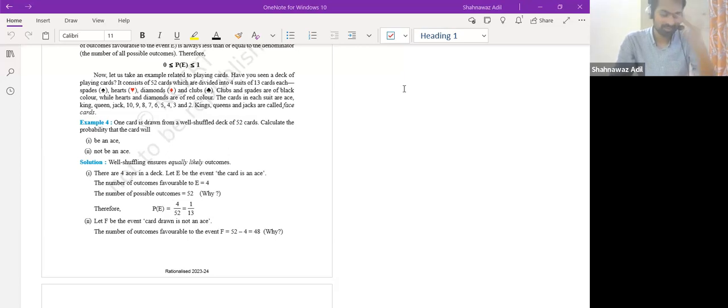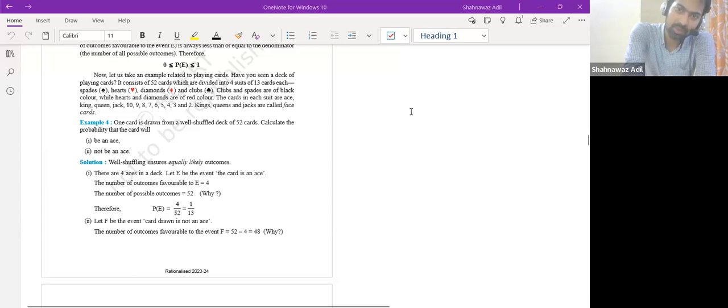So it's good. Okay, so in yesterday's class, we started probability, right? We talked about two problems. One was the dice problem, and the other was this card problem. Okay, so let me quickly